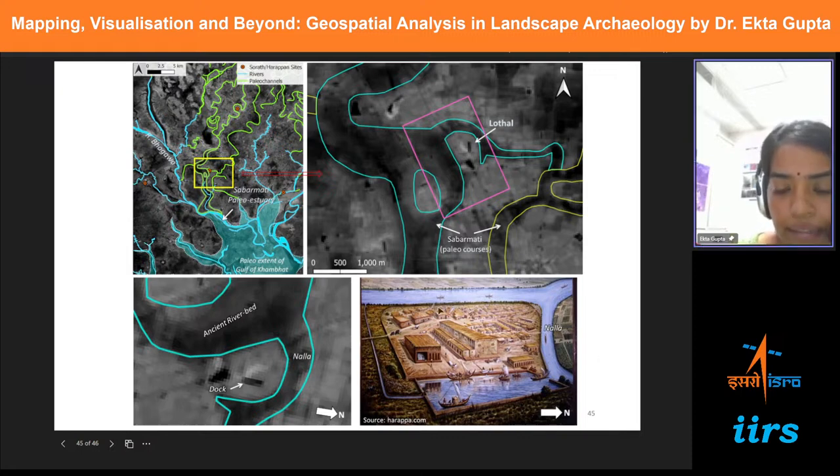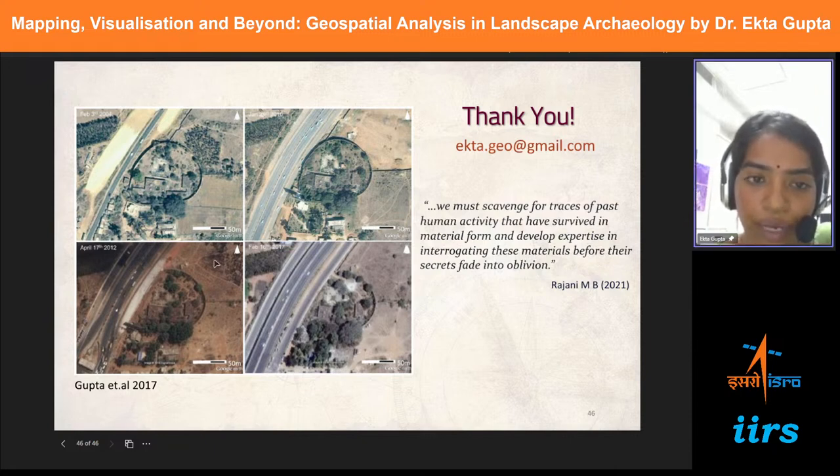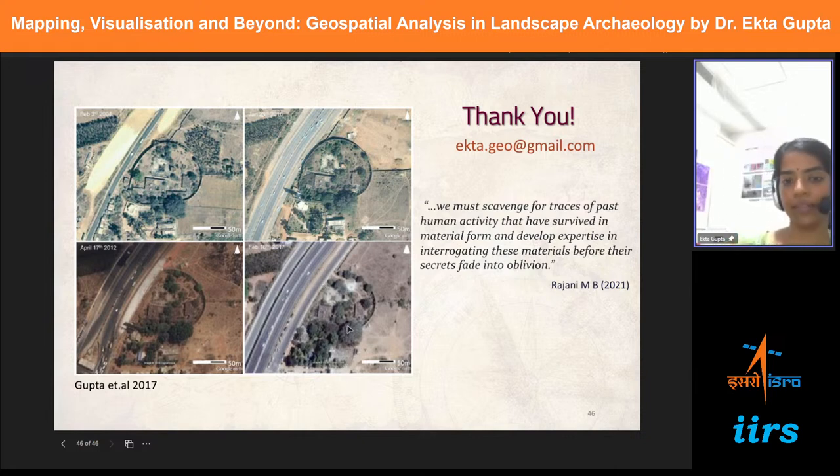So this is the reconstruction of Lothal based on S.R. Rao's report, and this is a quote by Dr. M.V. Rajani. You are going to have her talk tomorrow, and it says we must scavenge for traces of past human activity that have survived in material form and develop expertise in interrogating these materials before their secrets fade into oblivion. And this is one fort in Bangalore, and you can see how it was engulfed by construction of highways, expansion of